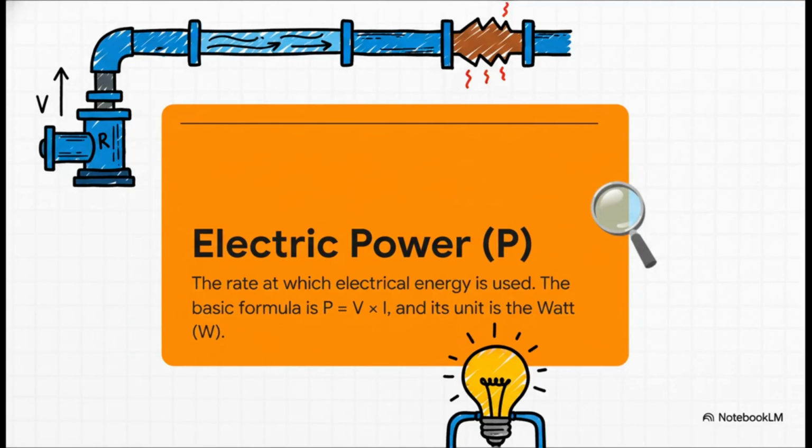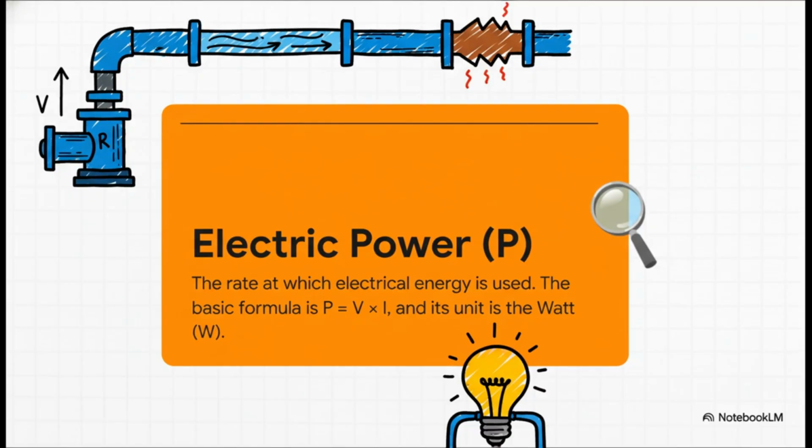So the rate at which we use all this electrical energy is what we call power, and the formula couldn't be simpler. Power equals voltage times current. We measure it in watts. So when you see a 100-watt light bulb, that's just a device that's consuming energy at a rate of 100